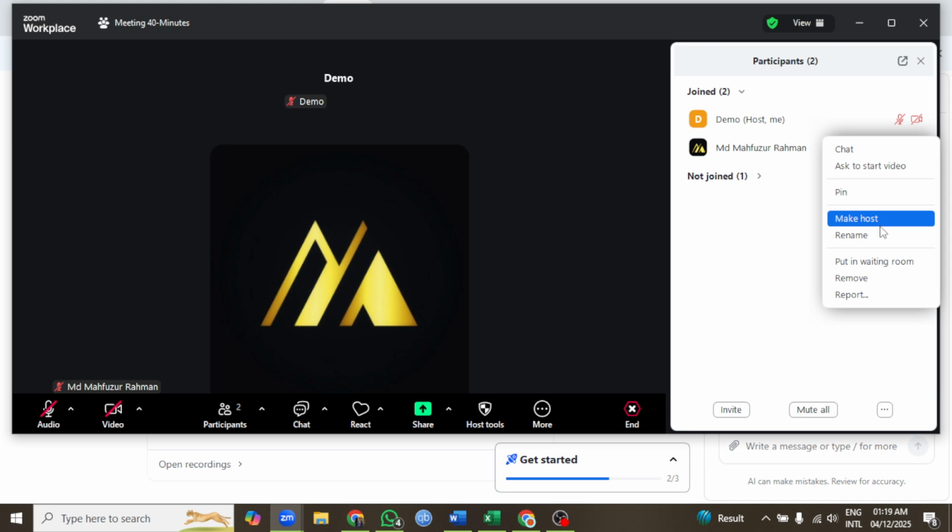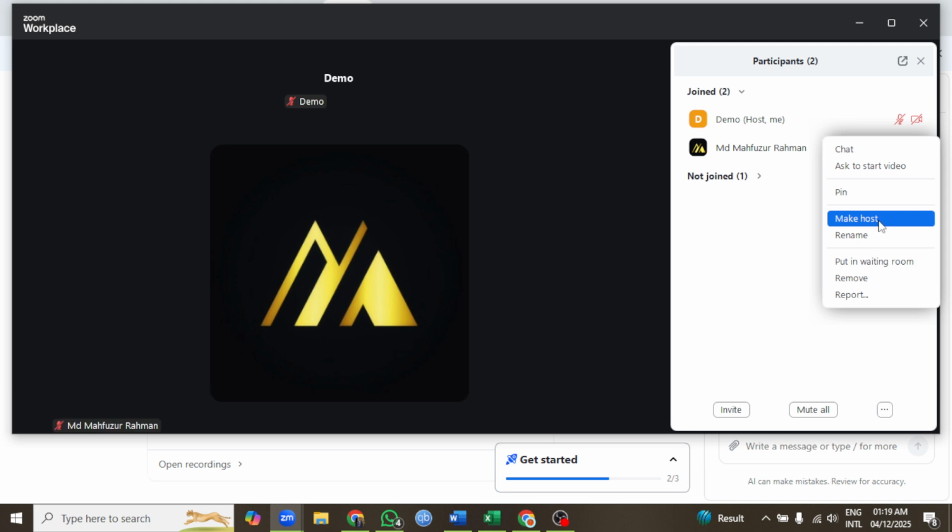In the Participants panel, find the person you want to promote. Hover over their name and click the 3-dot More button next to it. A small menu